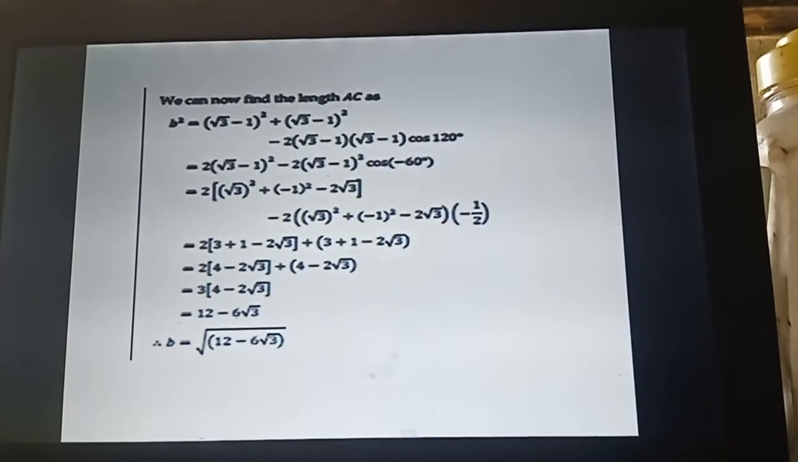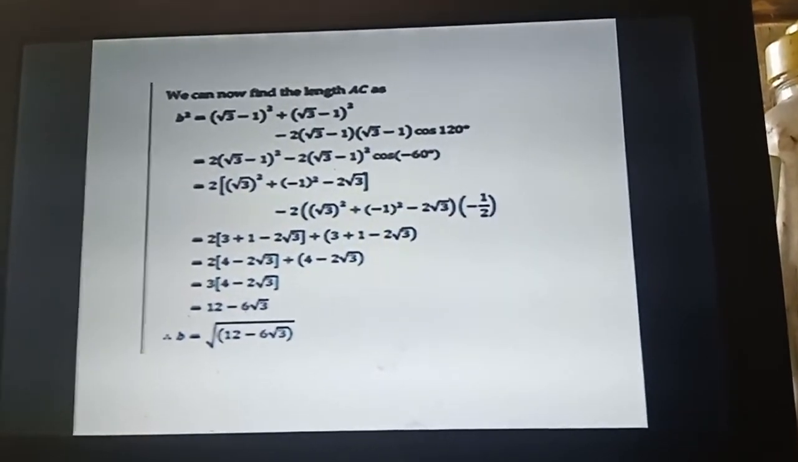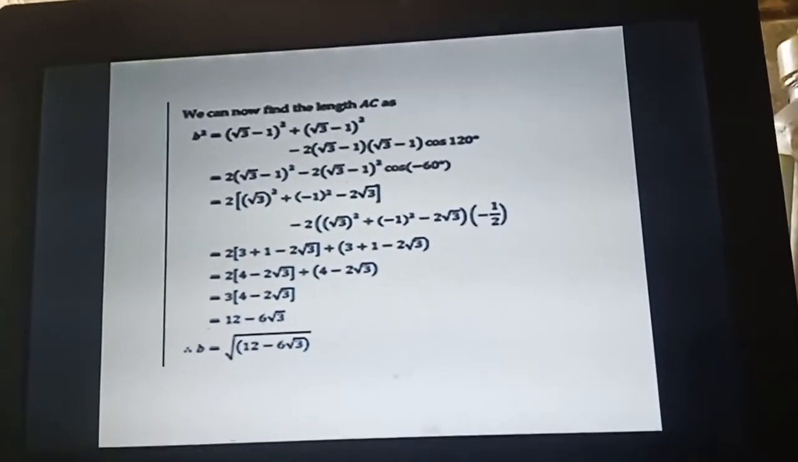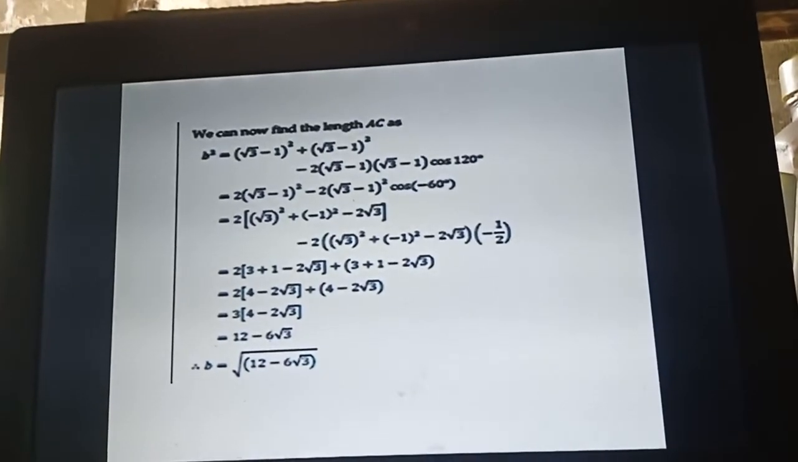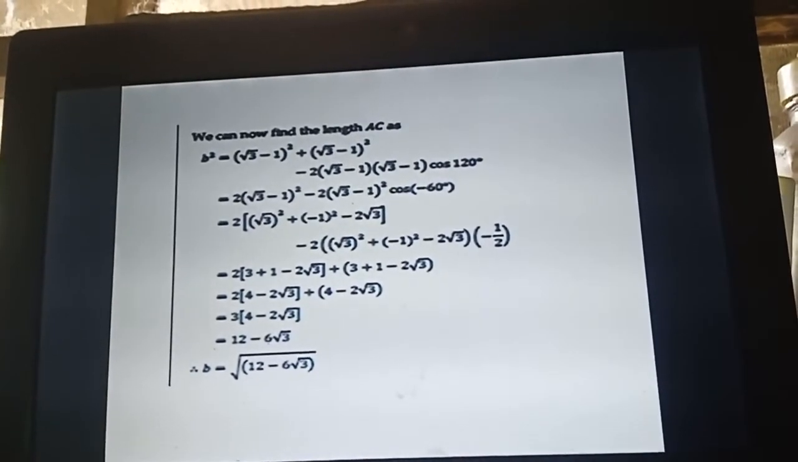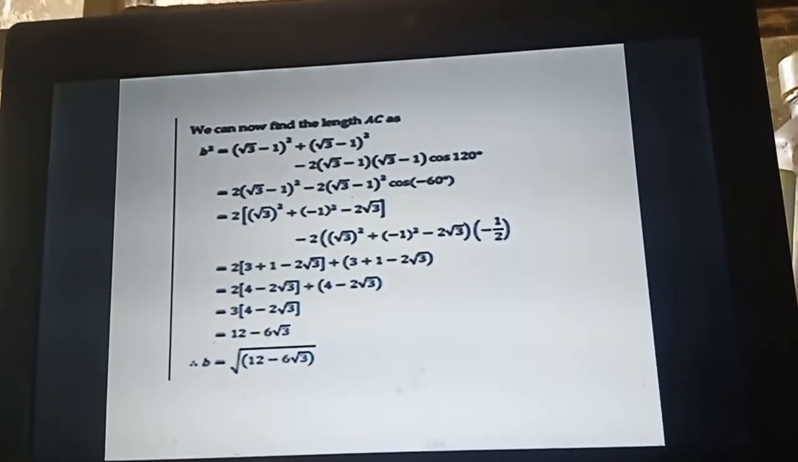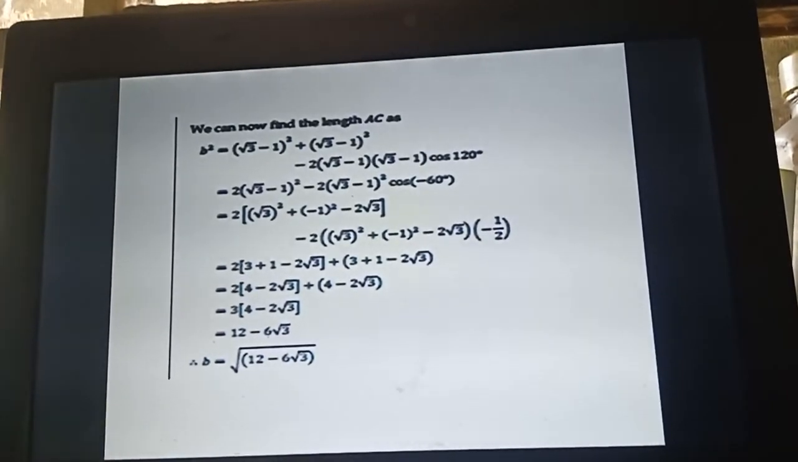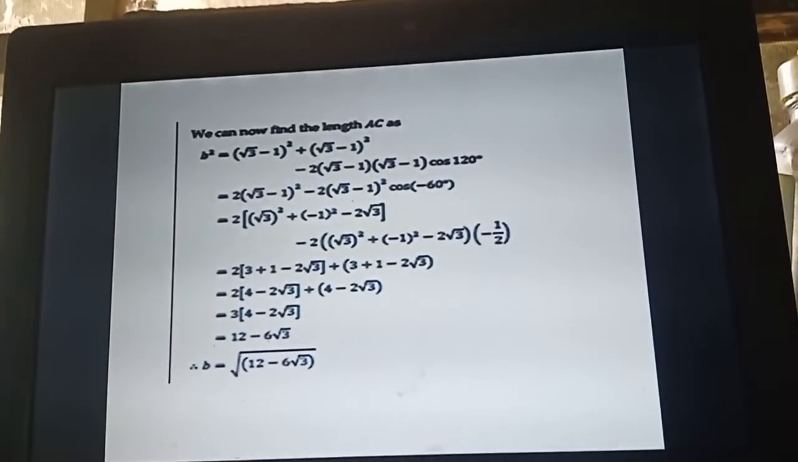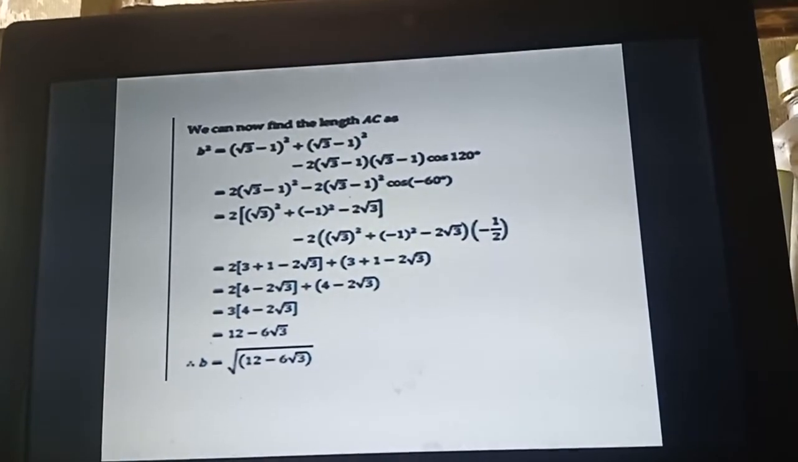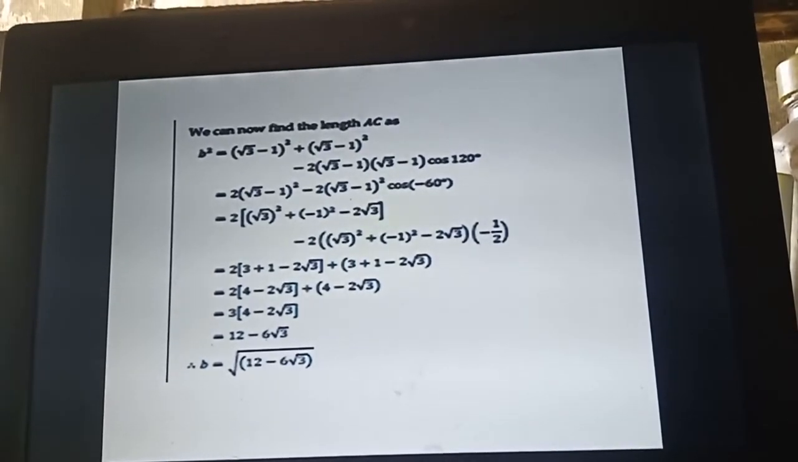As you can see, we are substituting from the above values. Substitution. You see, we have minus 2. You should take the square of both sides. We have